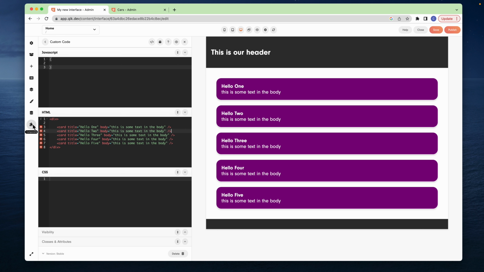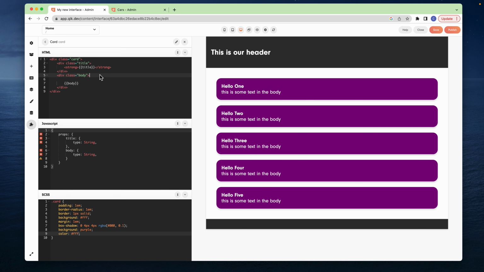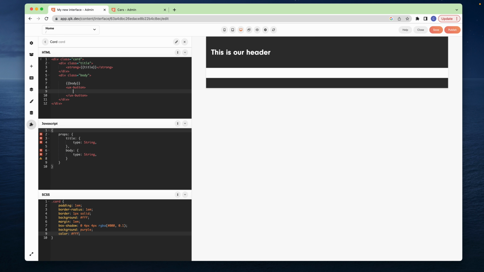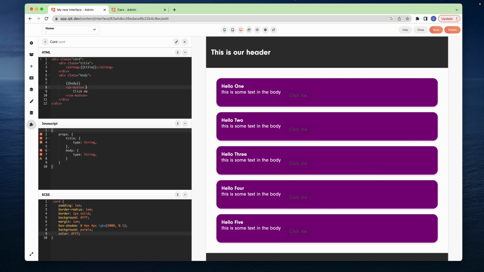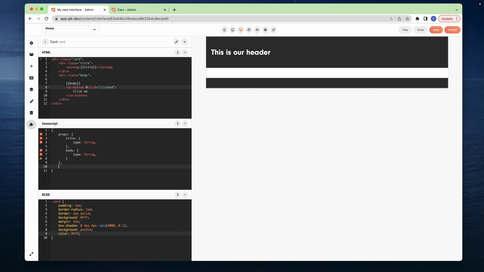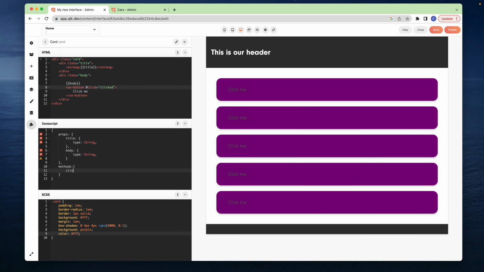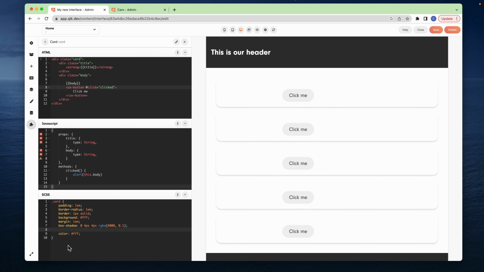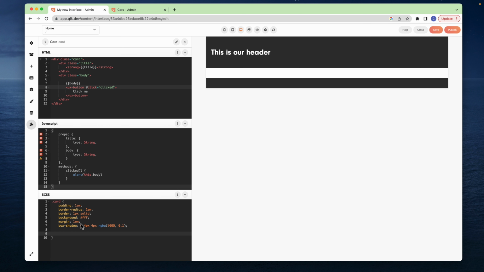These cards can also have functionality, so if I go back to the component over here, I could add something like a UX button from our UI kit and say click me. Let's do a click equals clicked. I'm just going to add a method over here to our component. Clicked. I'm going to say let's do an alert, and we'll do this dot body. So we'll get rid of the purple background because that looks a bit ridiculous, and the white text, so we'll change that, and